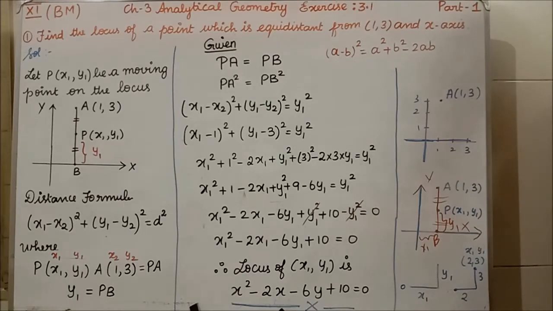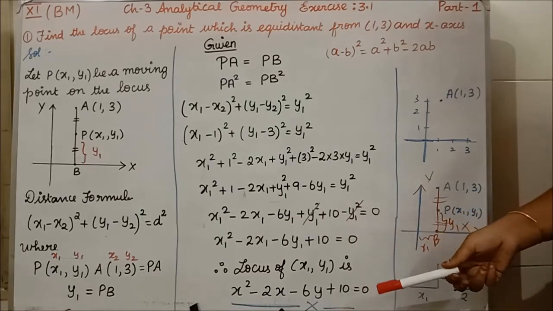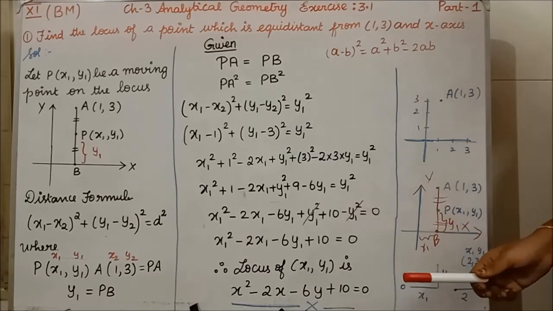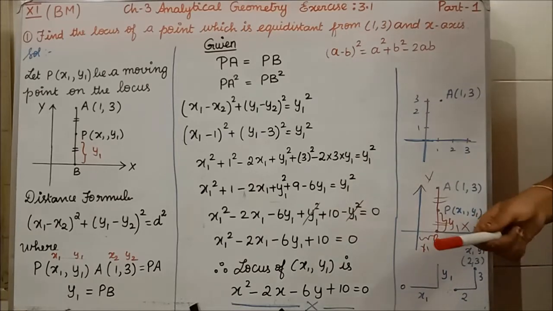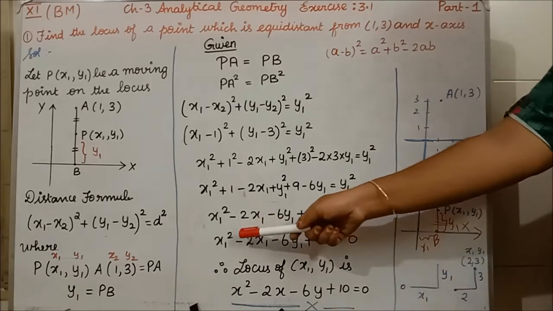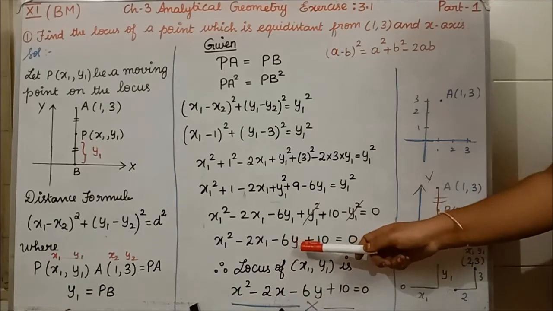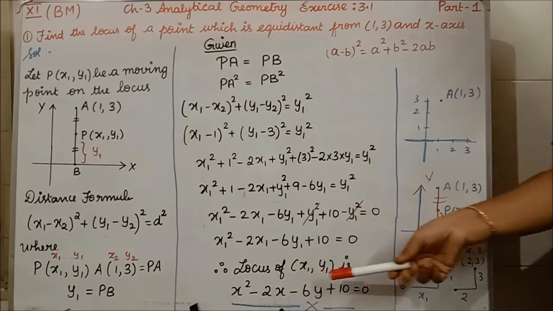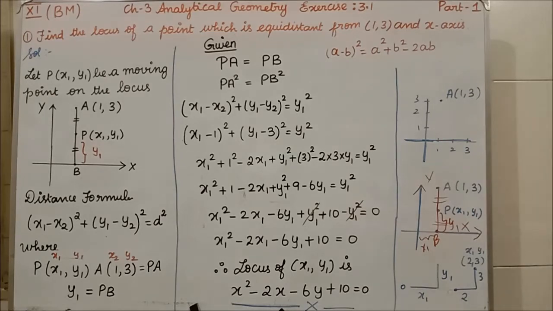So therefore the locus of x1 comma y1 is the same thing, only you are going to write it as the answer, but you should not write x1, y1. You have to write just x and just y, because they are asking the locus of the point x1 and y1, no. So you should not write x1, y1. X1 square means you have to write x square. Minus 2x1 means you have to write just 2x. 6y1 means you have to write just minus 6y plus 10 equal to 0. This is the locus of the point x1 comma y1. I hope you all understood the first question. Isn't it? It is very easy only.